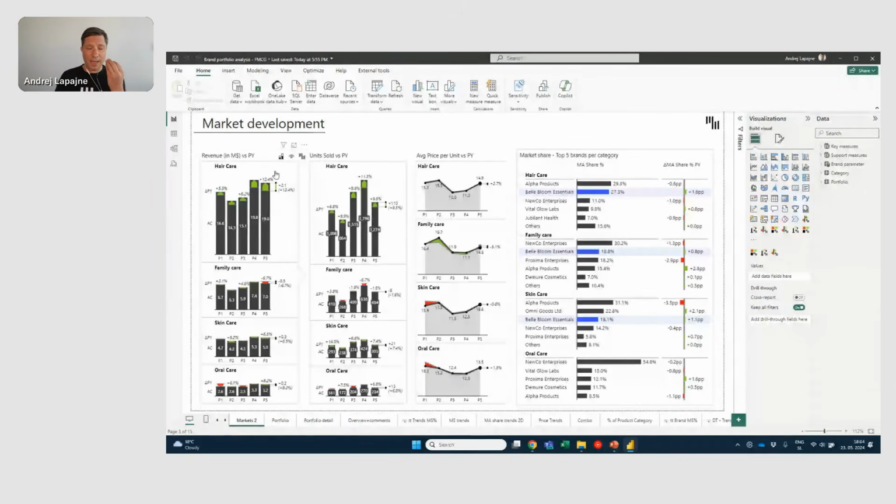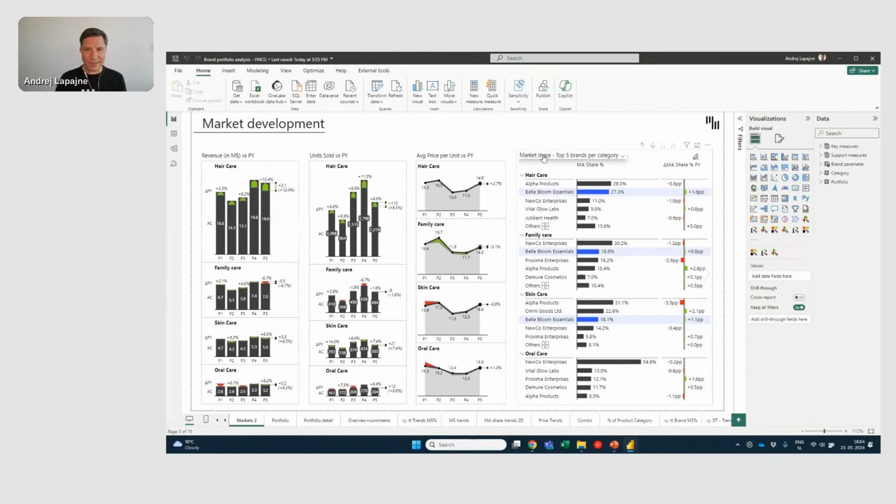In terms of value in US dollars and so on. And of course, also units sold and the average prices and so on, the top brands within a category, and of course, your brands versus your competitors. So this is also about benchmarking,